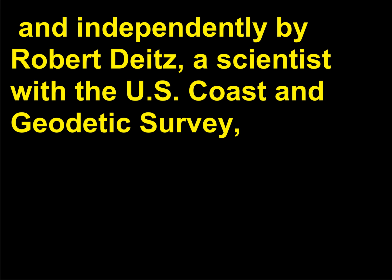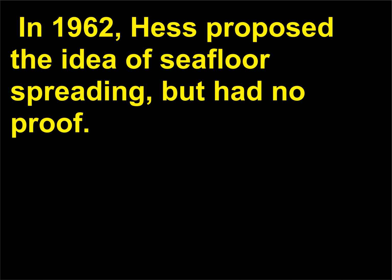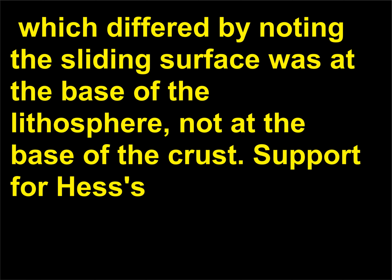and independently by Robert Dietz, a scientist with the U.S. Coast and Geodetic Survey, both of whom published similar theories that became known as seafloor spreading. In 1962, Hess proposed the idea of seafloor spreading, but had no proof. As Hess formulated his hypothesis, Dietz independently proposed a similar model, which differed by noting the sliding surface was at the base of the lithosphere, not at the base of the